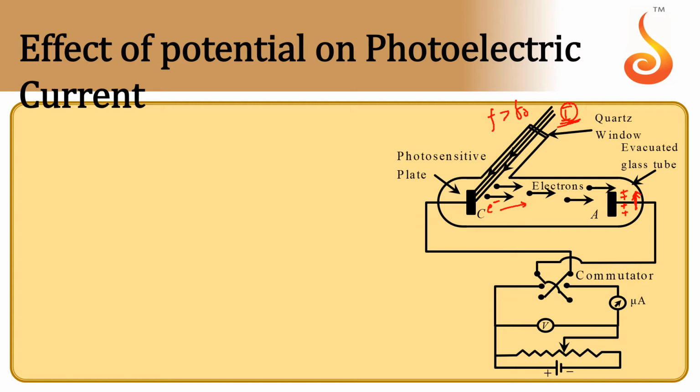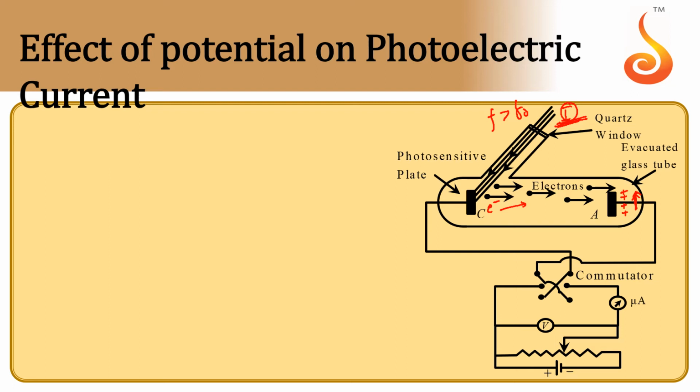But the electrons can be accelerated only up to a certain stage, and the photocurrent reaches a maximum, and thereafter the photocurrent cannot be increased. That state we call the saturation current. Why? Because since the electrons are being accelerated towards the anode plate, the rate at which electrons move towards the anode plate increases, but there is a limit for every cathode plate to emit electrons, because the intensity of the light we kept constant.